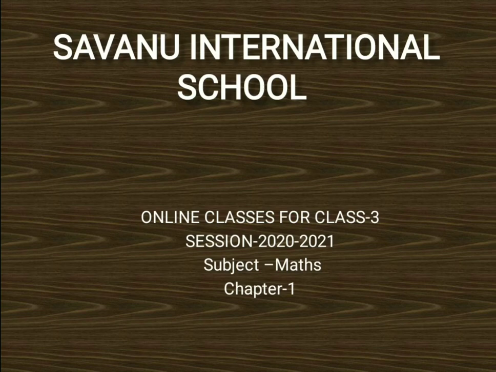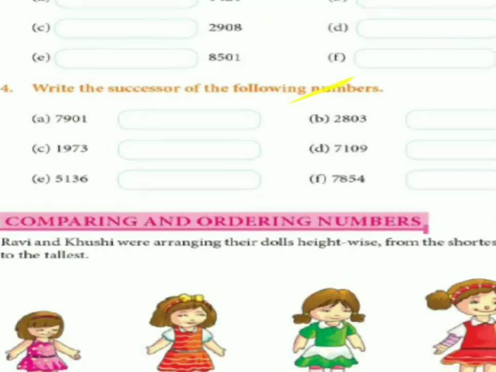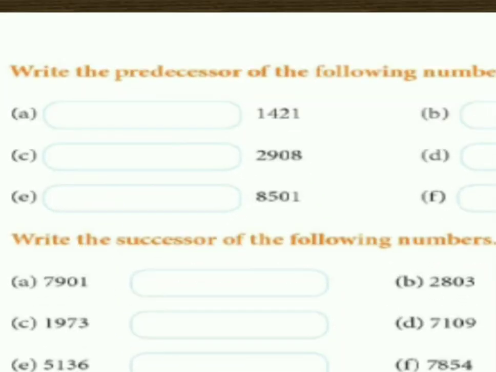So let's start our list of the questions of the worksheets. As you can see here, students, the predecessor, as I told you in your yesterday's class, means you have to minus 1. You have to subtract 1 from 1421 and write it here. Like one number back from the last number. Like if in the last there is 1, so you will write there 0, because 0 comes before 1. Okay, you have to write just one number before.